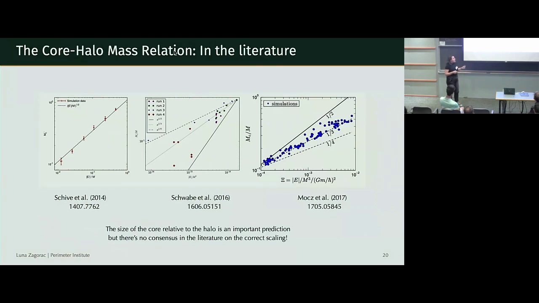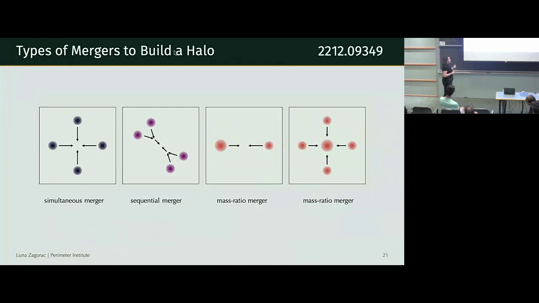So yeah, our question was, okay, given that we have this interesting way of defining a halo core and wresting it from the simulation, can we say something interesting? Can we tighten up these core halo mass relation constraints? And so we ran three types of simulations that I'll be referring to.